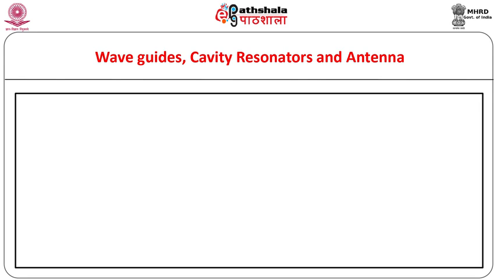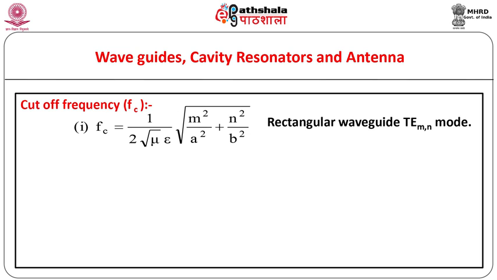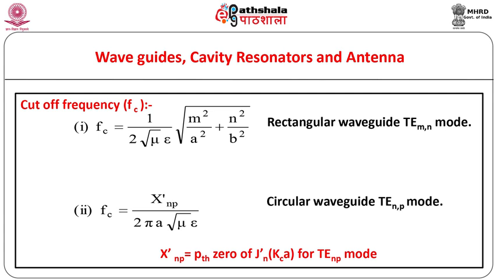It is also observed that such waveguides allow the transfer of electromagnetic energy if and only if the frequency of electromagnetic wave is above some particular frequency known as cutoff frequency. Electromagnetic wave with frequency below the cutoff frequency cannot propagate through the waveguide. For a given mode, the cutoff frequency depends upon the geometry of the waveguide and can be computed using electromagnetic field theory only.